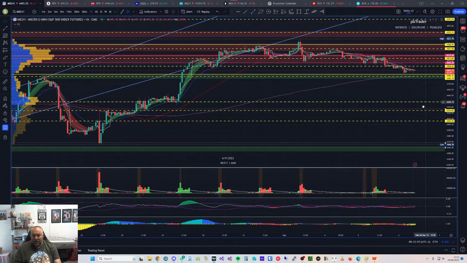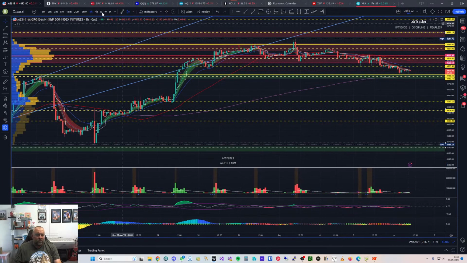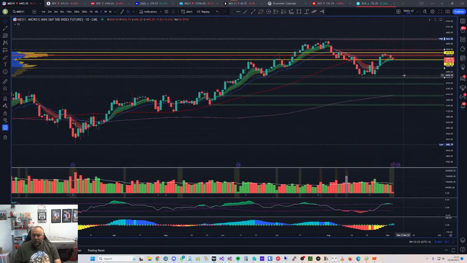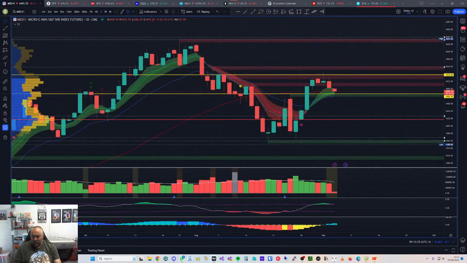So just to recap, and we haven't looked at the daily actually on the MES right here. So look at that. Potentially this was our topping area, and we're pushed up. We could be looking at a potential bull flag, and we could look for a breakout above that candle, or we could continue to trend down and maybe just push down, but we won't know. We need to see this area get broken, and